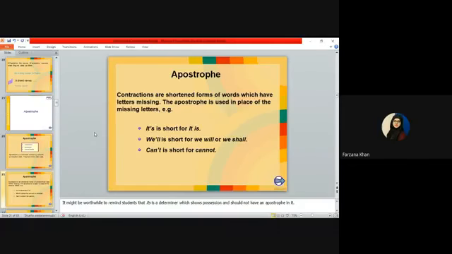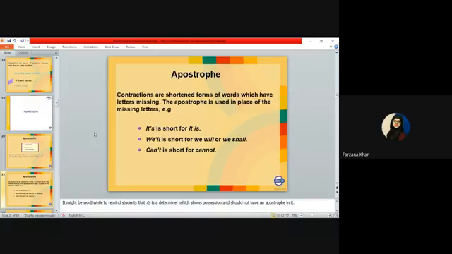First of all, it is very important. It is basically a determiner which shows possession and which basically should not have an apostrophe in it. For instance, when we talk about the contractions.